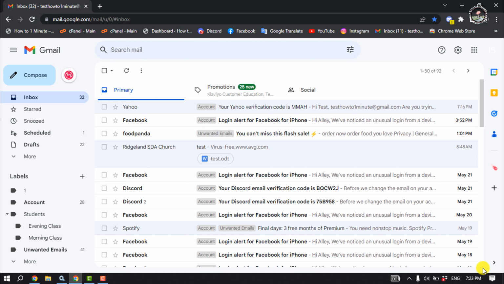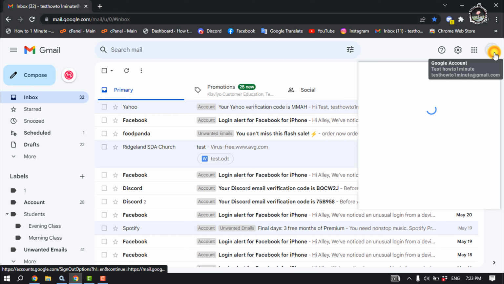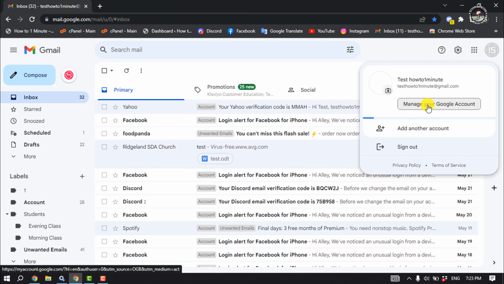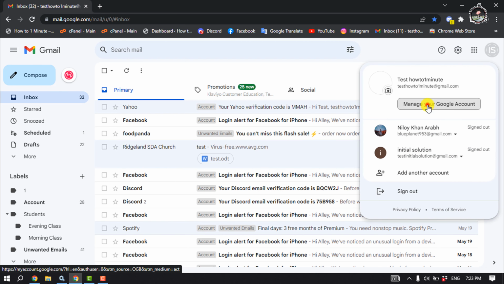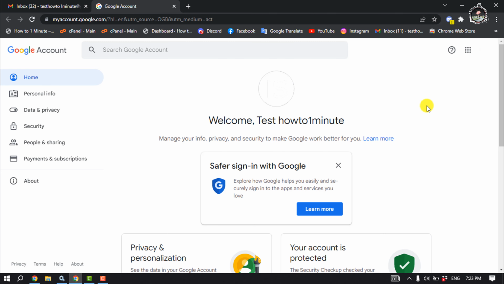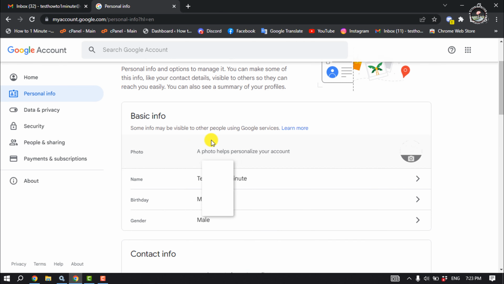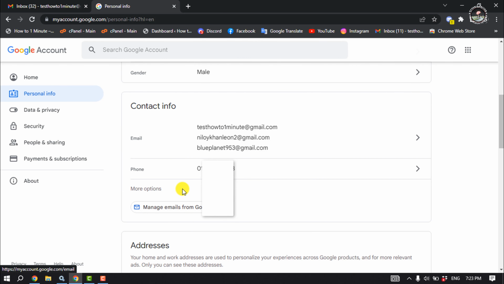So first of all, let's see how to add a recovery email address. Open your Gmail and click on your profile here, and click on manage your Google account, and here click on personal info. Under contact info, click on your email,